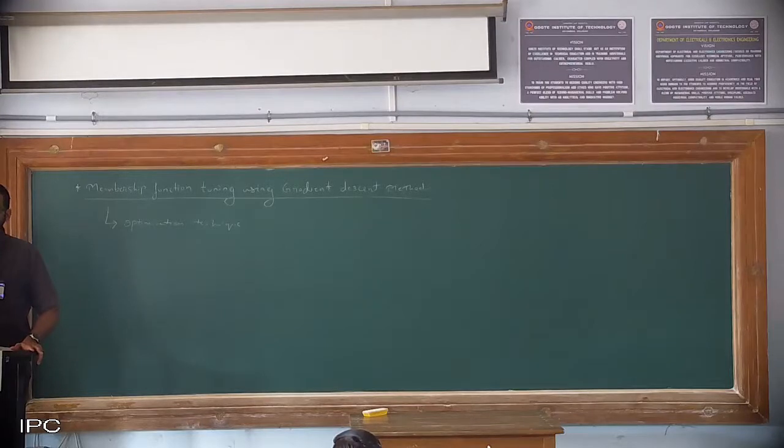So let us say that there is a triangular function. Either we will change the endpoints, change its dimensions, some changes we will do such that the rule or the answer changes. Okay, so that is what we call membership function tuning. Now, for this tuning we are using a method called the gradient descent method or gradient descent algorithm. Okay, have you heard that word, gradient?